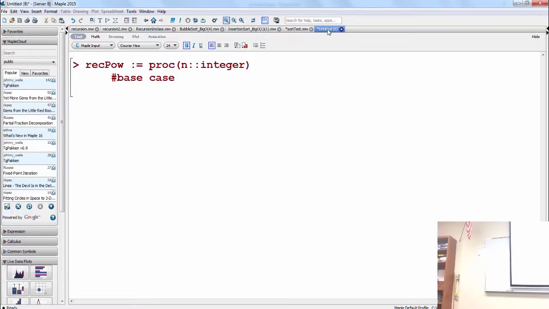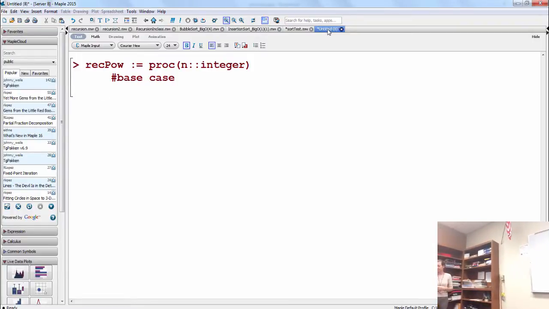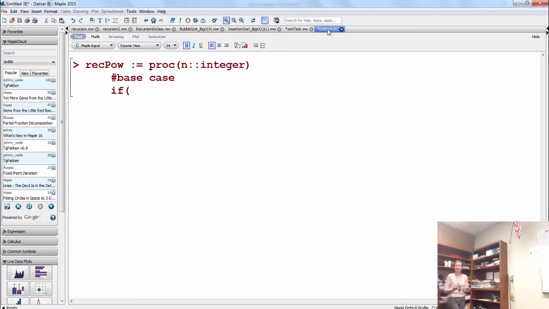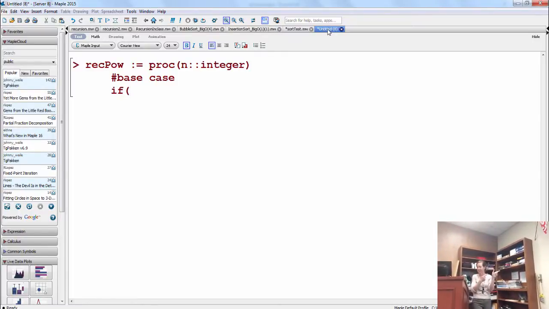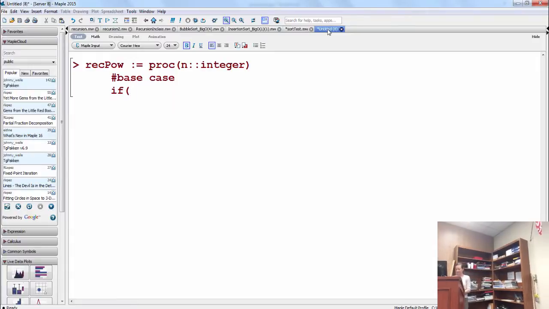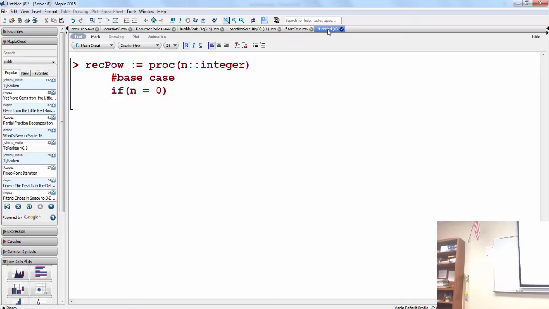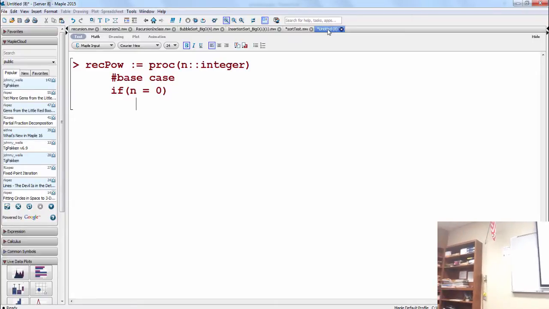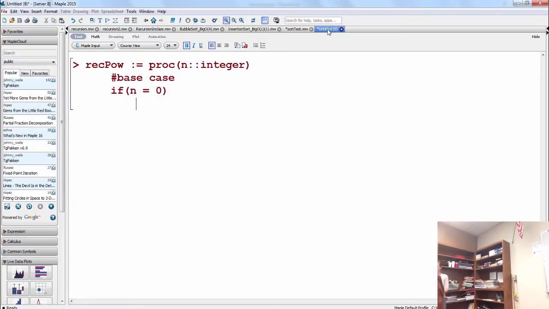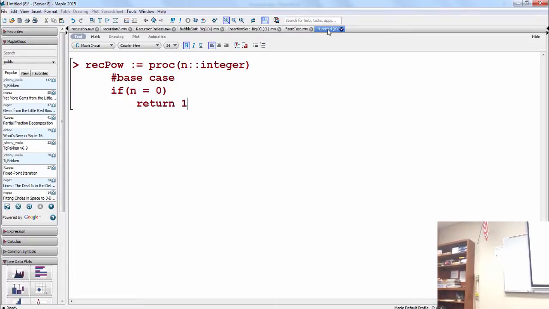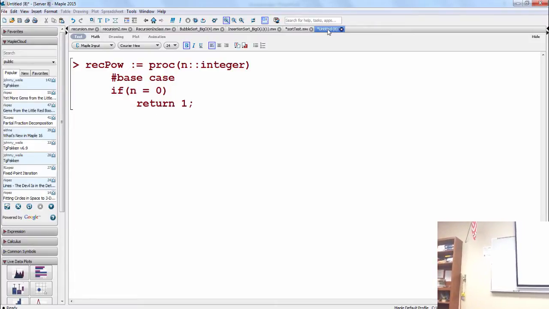Remember, hashtag text is your notes. So first off, you put your base case. And what was our base case again? n equals 0. All right. So if n equals 0, then we know that we're going to have it return 1. We've established that.